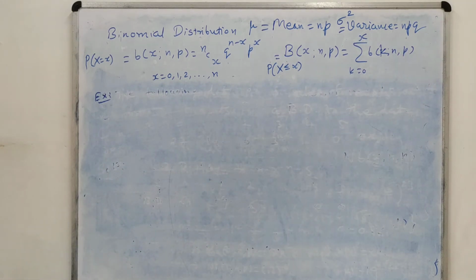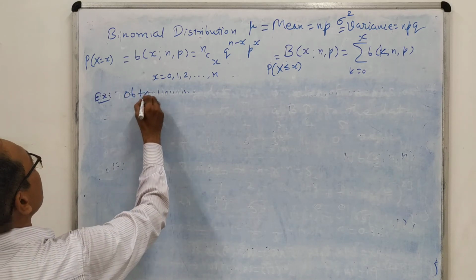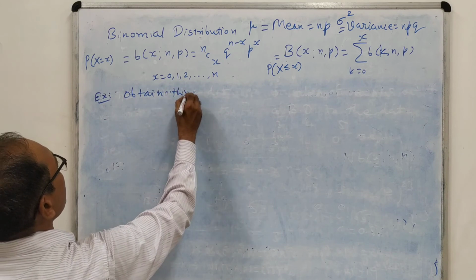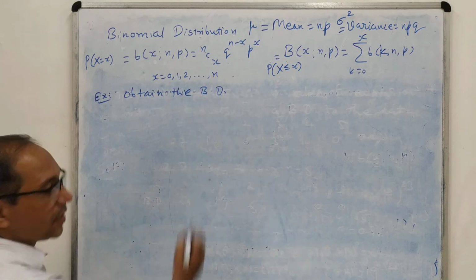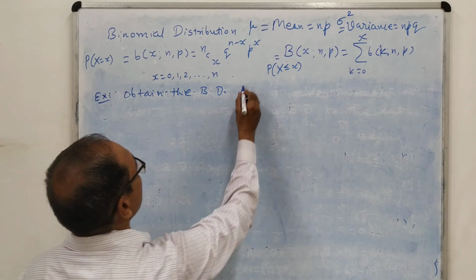So binomial probability distribution is very easy, as you can see. We will see more and more examples. Here is one example which was asked in an examination. Obtain the binomial distribution for which